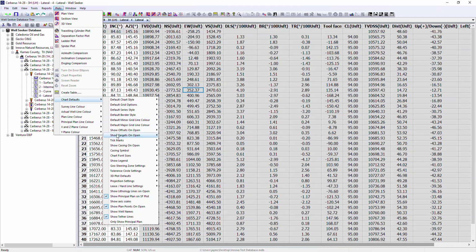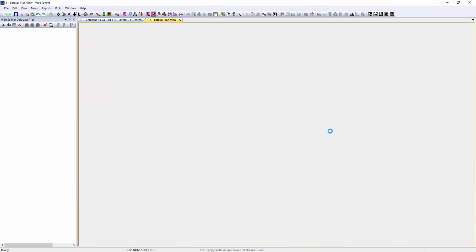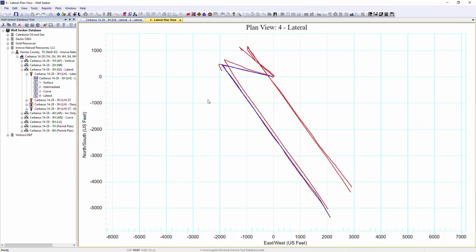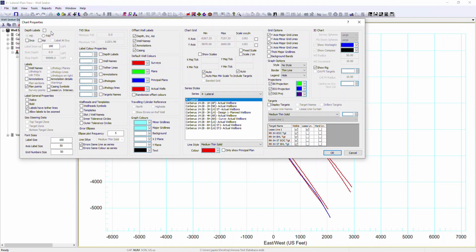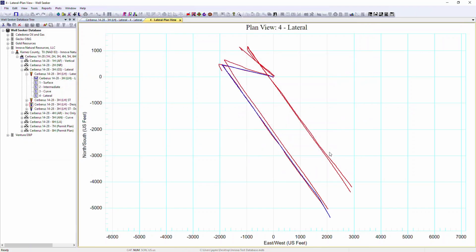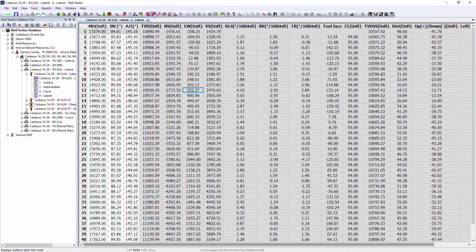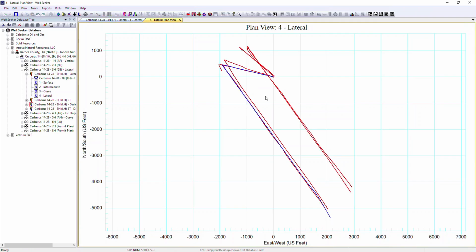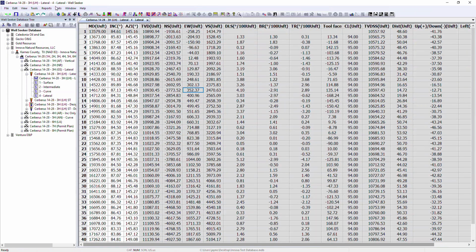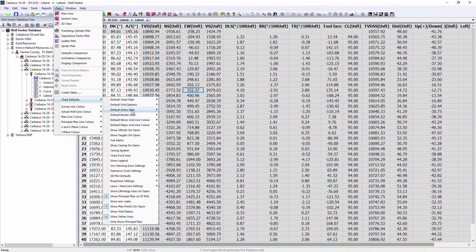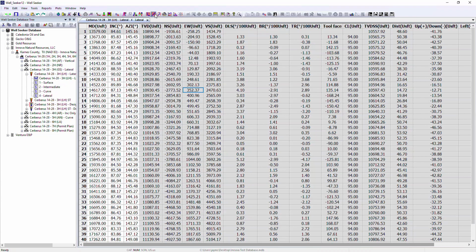Another option would be the show targets on open. So when we are in a particular chart, if we have targets associated with it, and we'll look at the chart properties later on in the clip, but from here we can turn the targets on. So the targets are displaying, but every time we close and reopen the chart, we would then have to turn those targets on. If we select the show targets on open to be yes,